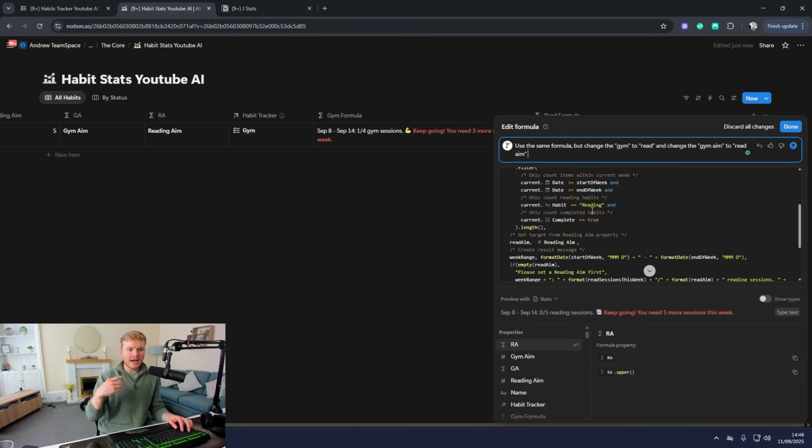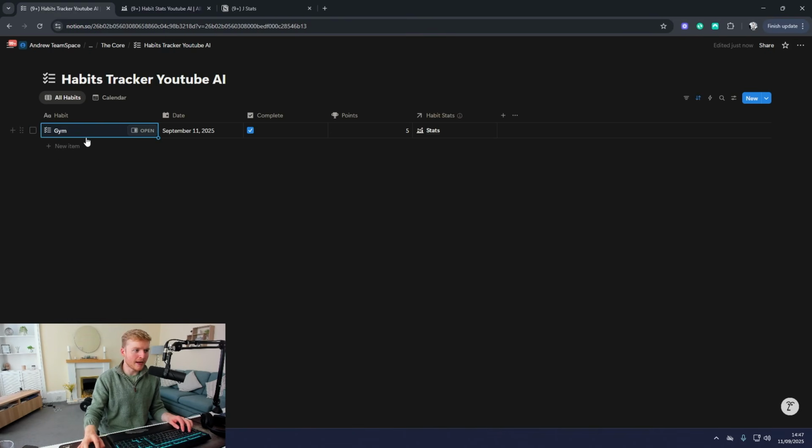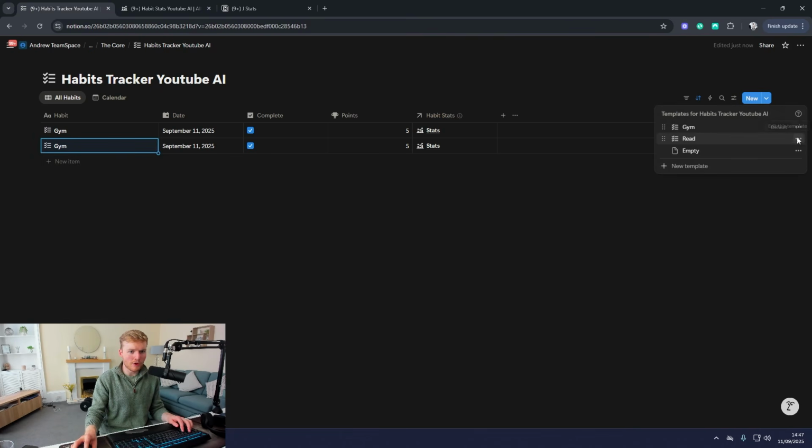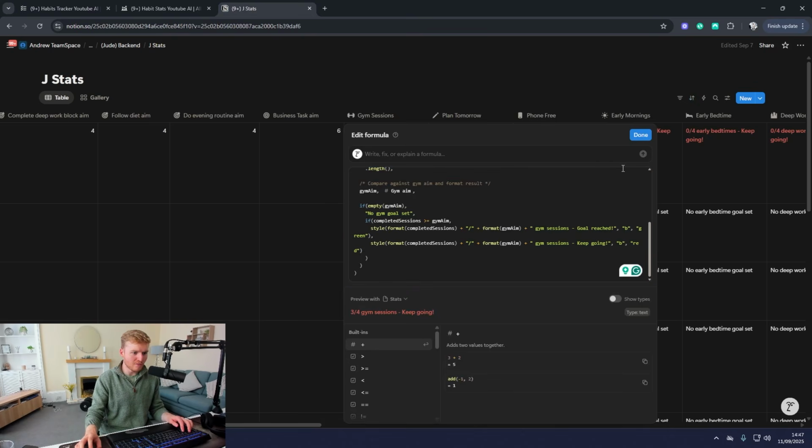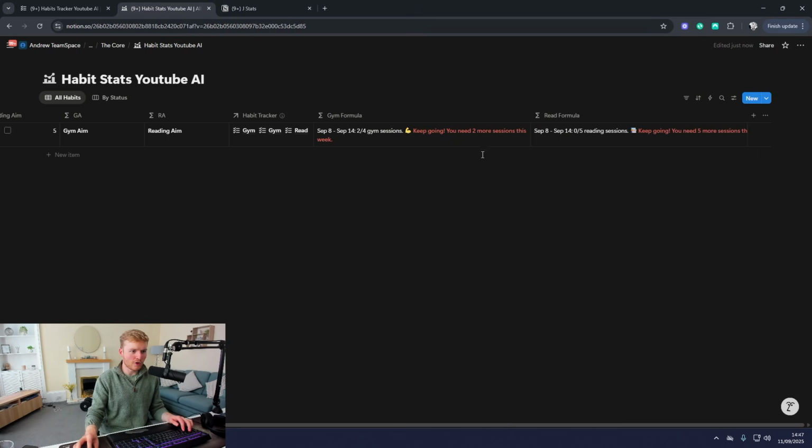So this is where having a little bit more knowledge on what's going on can be really good, because if we come back to our area here and we change this default to read. If I add the read in, you'll see this is obviously going into the stats. But if we come to the area here for this session, you can see there's still 0 out of 5